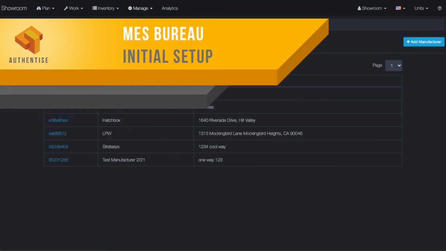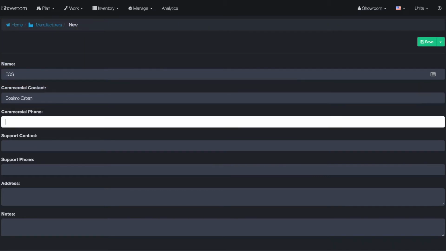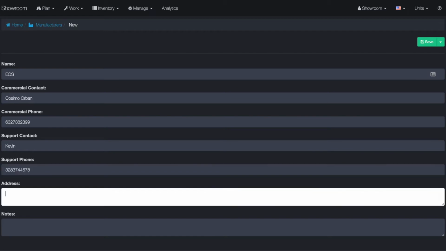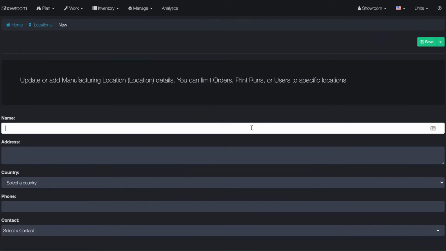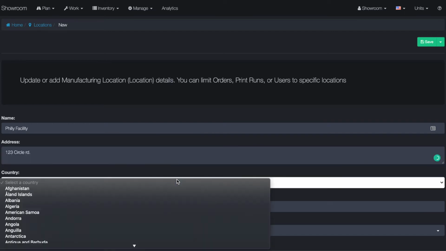Initializing your bureau is a crucial step in setting up your team for a reliable and efficient workflow. To do so, an MES Manager user must input a number of properties that have to do with your equipment, inventory, and workflow practices. First, add a list of manufacturers to refer back for technical support, as well as locations,